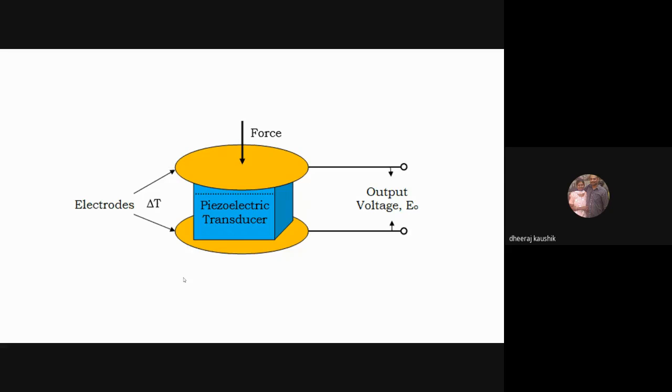The schematic diagram of a piezoelectric sensor would look somewhat like this. The top and bottom yellow discs are electrodes, and when force is applied on either plate, the piezoelectric transducer material compresses. Due to this mechanical compression, the mechanical stress is converted into electrical energy, which is given out through these wires on the right. These would be connected to the Arduino or any other microcontroller you wish.